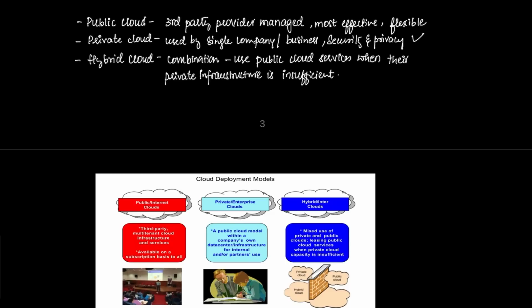So not everyone can access this private cloud. It is just restricted to that company only. So these are often chosen by business or organizations which have high security and privacy concerns. Coming to hybrid cloud is a combination of public and private cloud services. So this will allow the companies to use public cloud when their private infrastructure is insufficient.